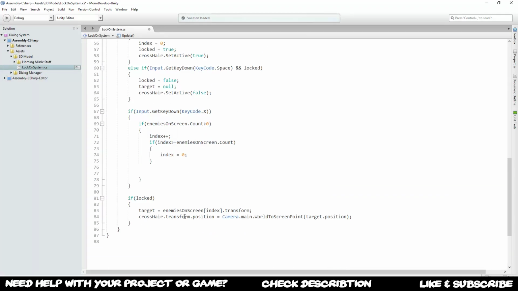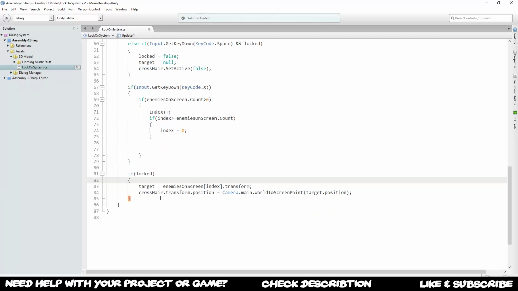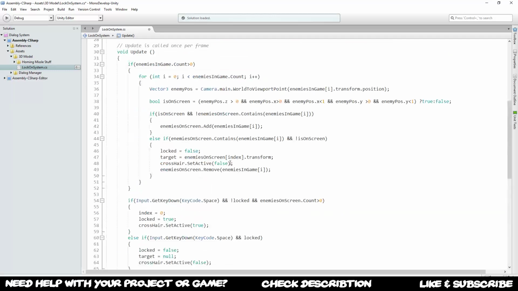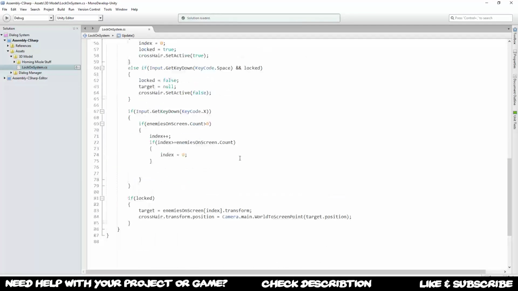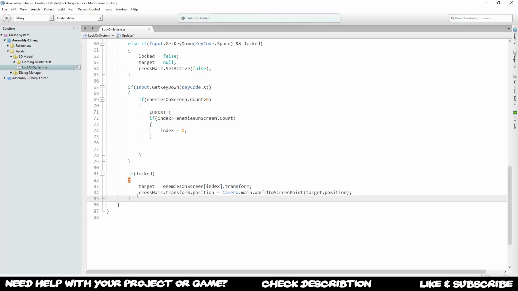If locked, we might want to update this one over here. So instead of doing this here and deactivating that, we need to probably do a secondary check over there to make sure the crosshair, or whatever currently looped through enemy, is actually, when it is leaving the screen, that we don't unlock everything over here or just get rid of the crosshair. But still, I believe you can figure the rest out on your own,